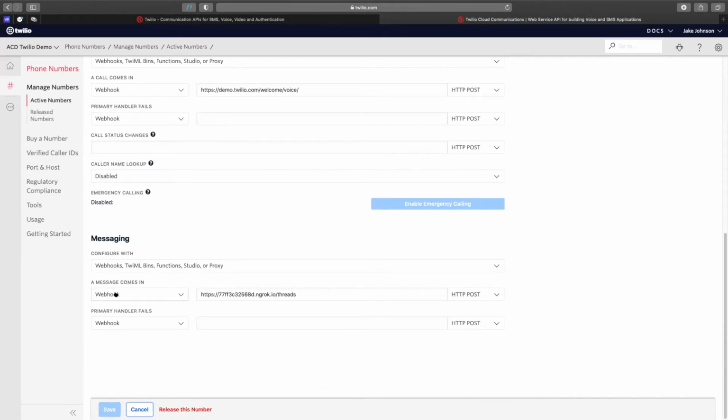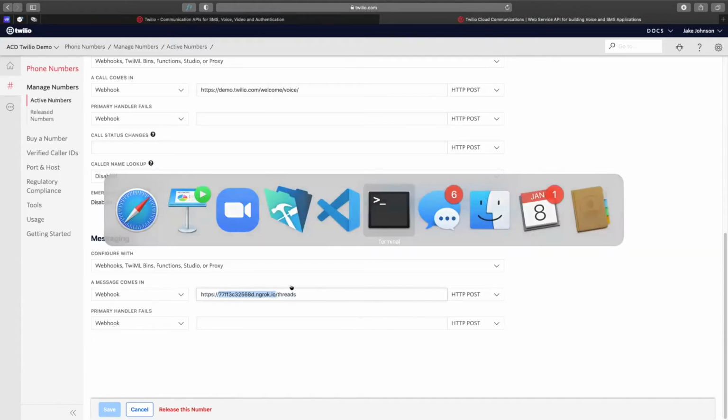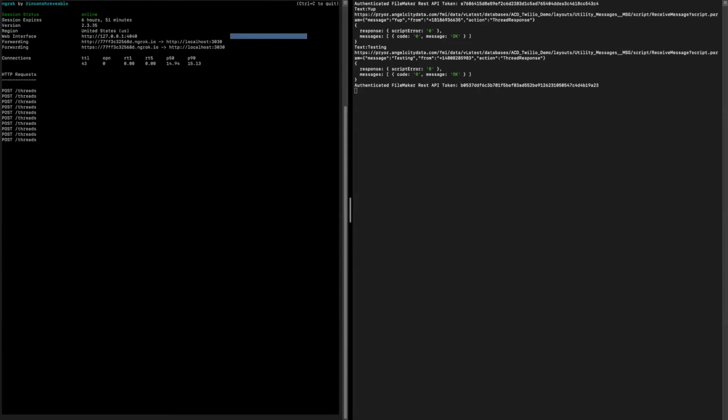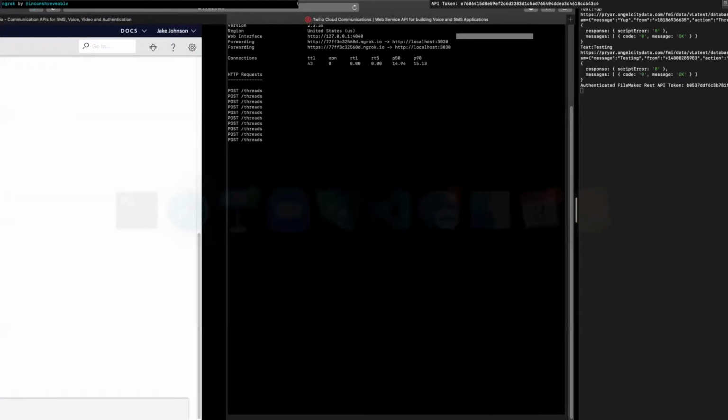And this is essentially saying, well, I'd like to call a webhook through an HTTP post request. And this is where that post request, this whole URL, is going to go. Well, in my situation, you'll notice this is probably looking kind of familiar. This Ngrok thing, that is running on my local machine right here. Okay, so this Ngrok is a tool that you can download for free